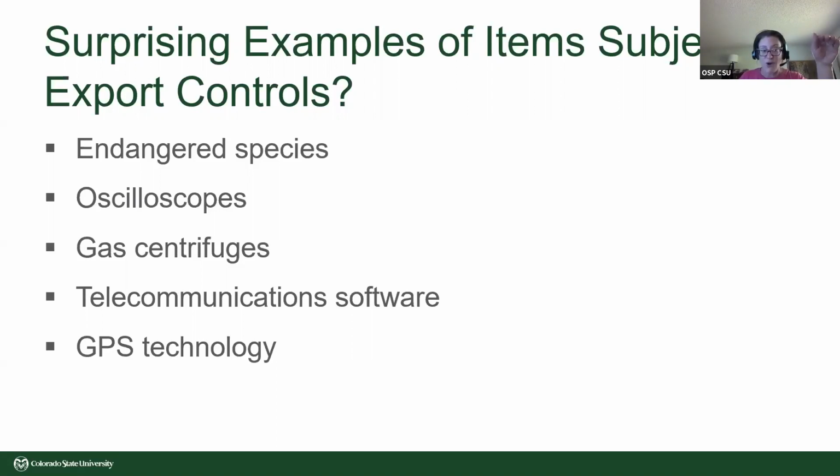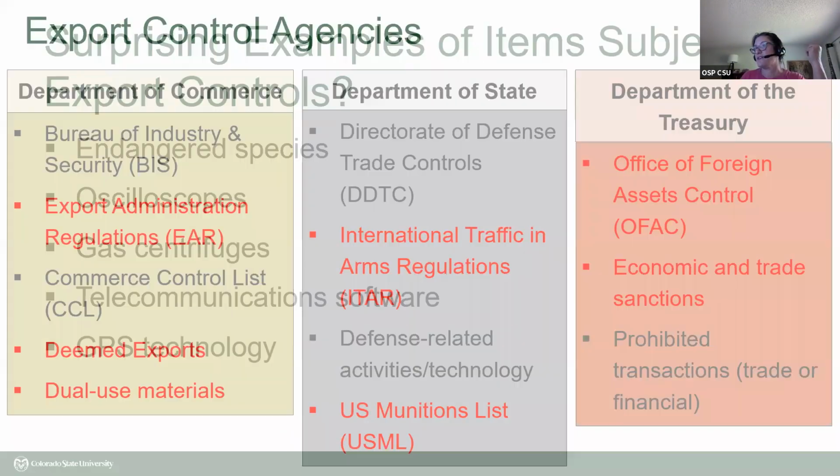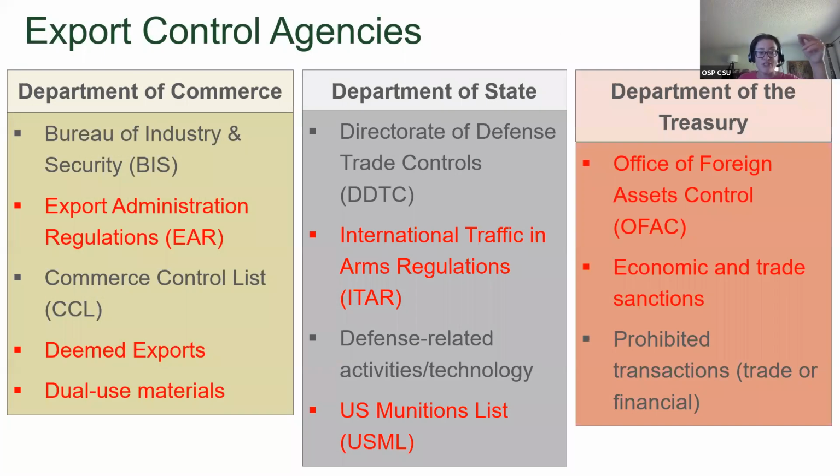You do not have to know all of these items for the exam. You should know that a list exists, okay? And that hopefully you have somebody at your institution that's comparing research being done and items being shared with these export control lists, okay? What you will have to know for the purpose of the exam are the 3 export control agencies: Department of Commerce, Department of State, and Department of Treasury.